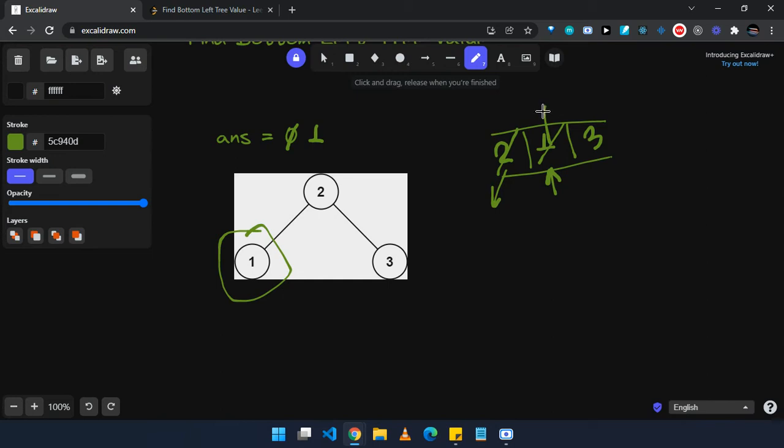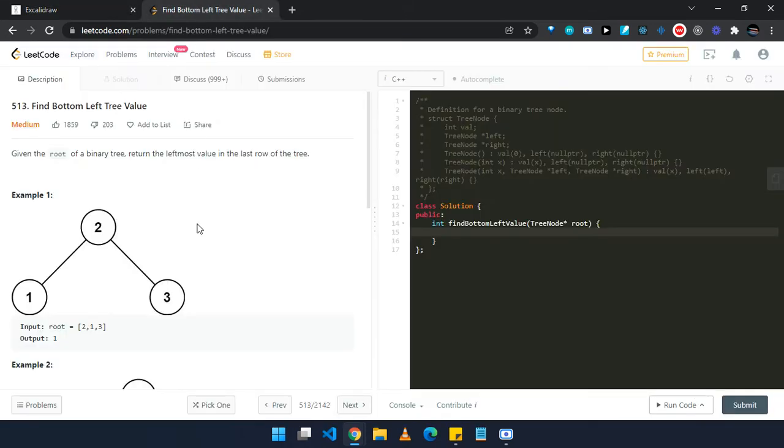It has no children, so it will be empty. Then we'll come to 3, pop 3, and it has no neighbors. Once the queue is empty, our answer will be from the last row, and we'll get it in the ans variable. Let's try another example.